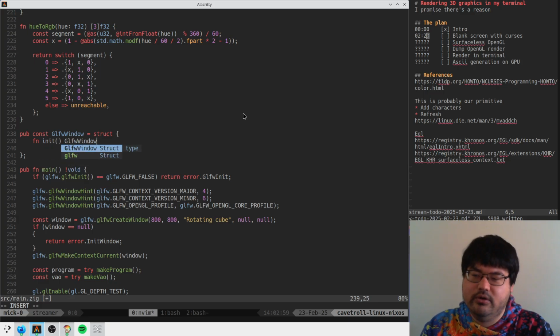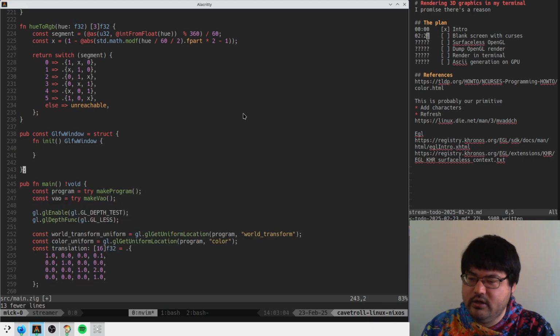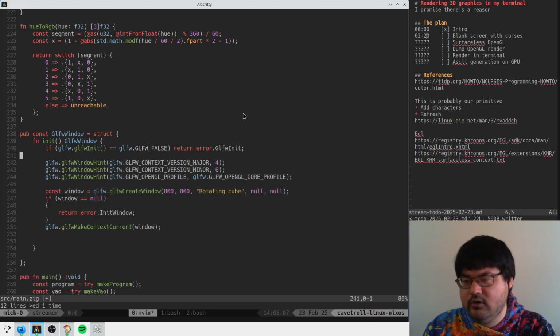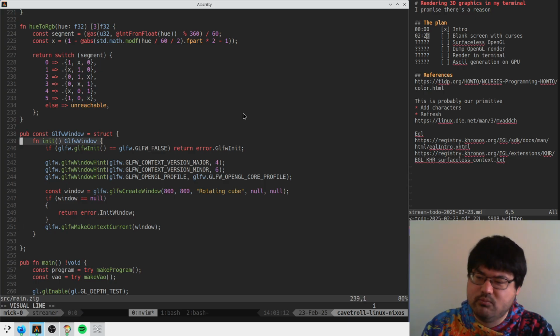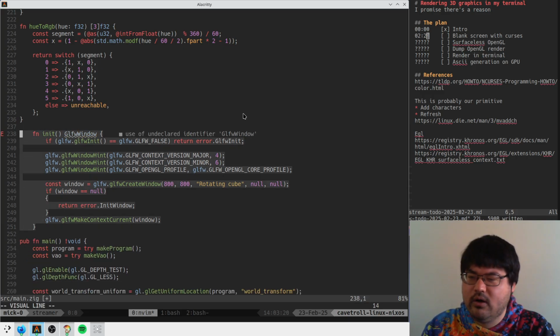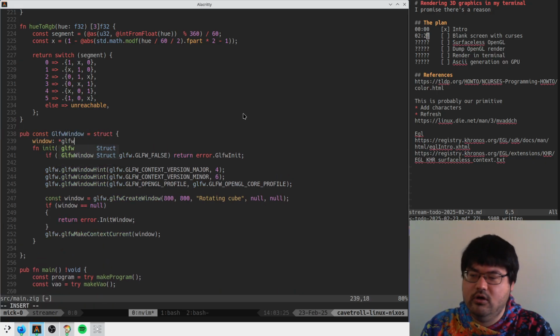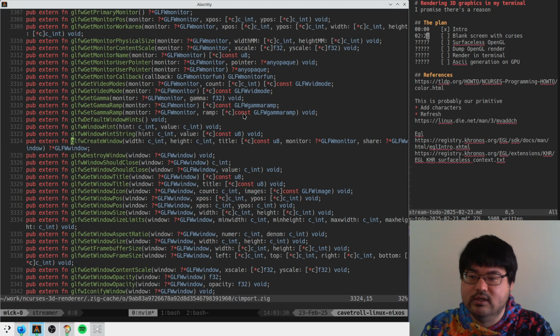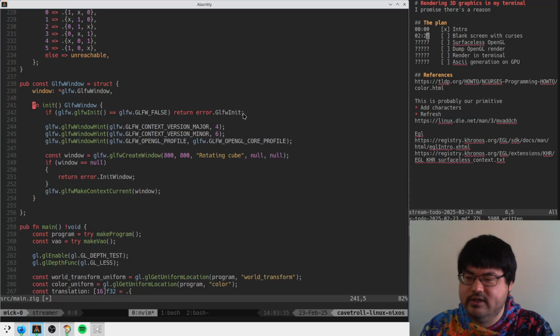And this guy will do this, and I guess we just do all of the OpenGL initialization stuff here. Maybe this doesn't really need to return anything, I don't think. This can just be glfw init, because we're not actually using the window anywhere, I don't think. He does return the window, never mind, I'm a liar. And what is the type of this thing? This thing is a glfw window, okay. So this is kind of like this, and then we just return